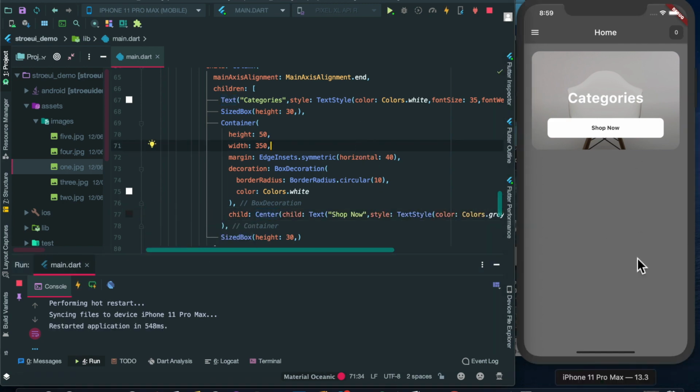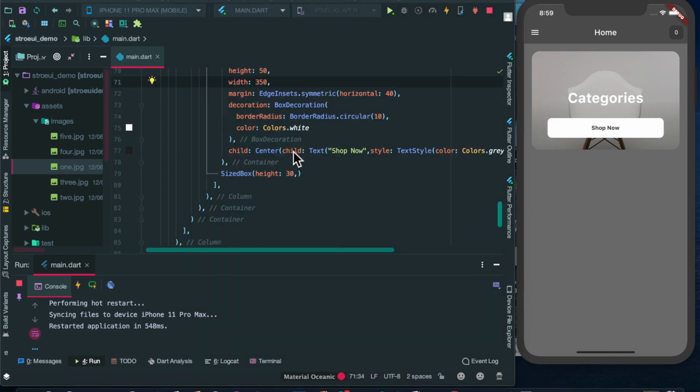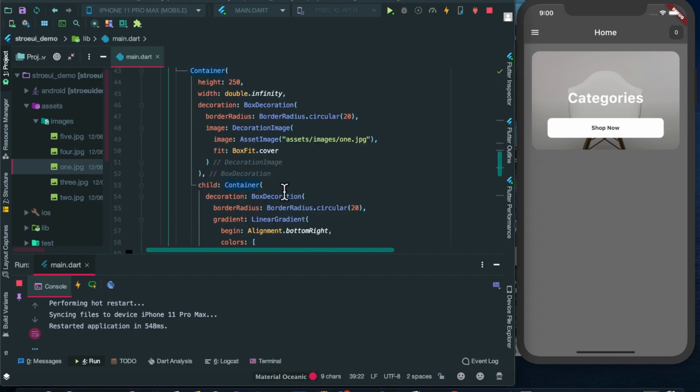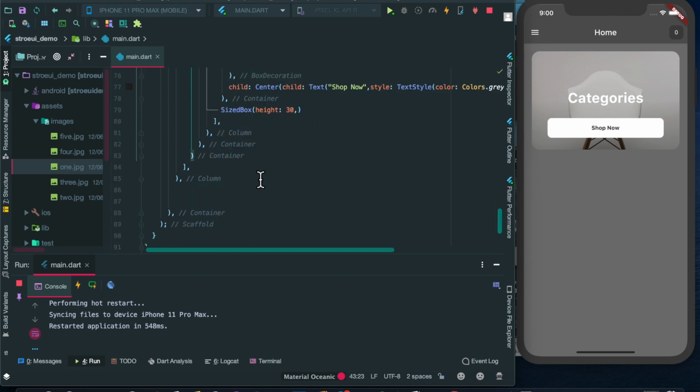Yeah, so we have got that particular style as we have seen in the image, right? Now what we will implement is the grid view. So let's have the grid view in our code. We had the container part. If we see where this container ends, it ends here. So let's add a size box to give it some height, let's say a height of 10, right?